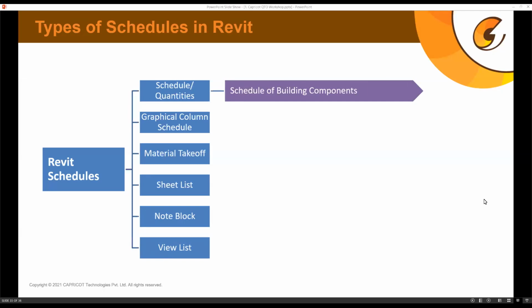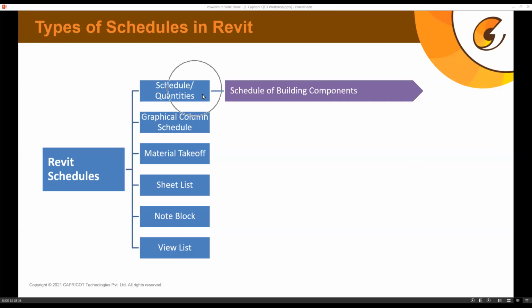For example, if my wall has multiple layers, on the exterior I have stone cladding. On the interior side of the wall, I have, for example, maybe cladding of some kind of tile, and in between I have a few thermal insulation layers, and maybe some other materials also, but we cannot quantify that just by using the schedule and quantities option.